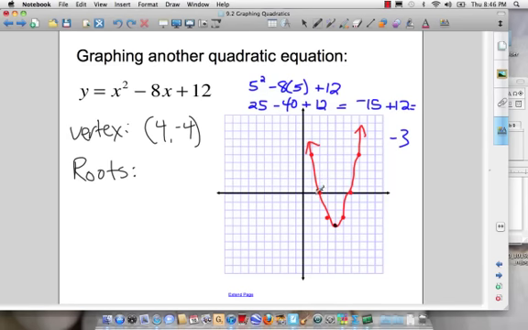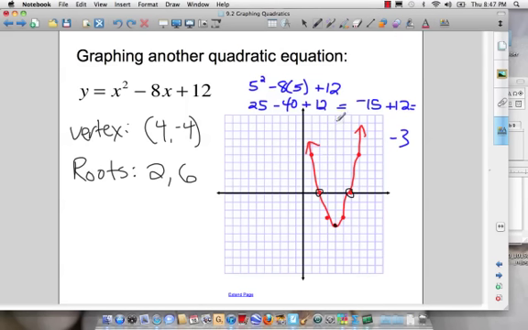And the roots are these points right here where it crosses the x-axis. In this case, it crosses the x-axis at positive 2 and positive 6. And in general, if you know where the roots are, that can help you to locate the vertex, because